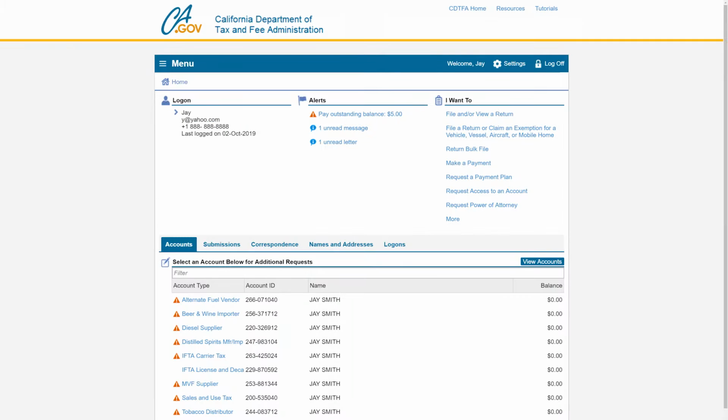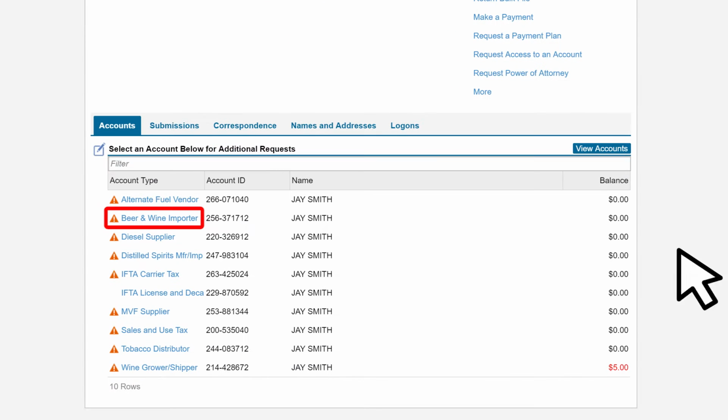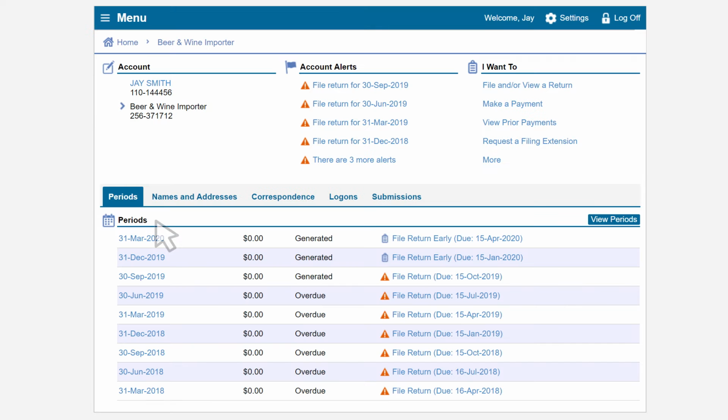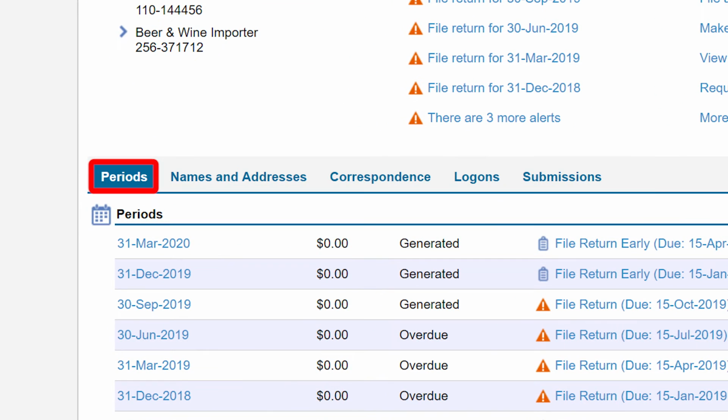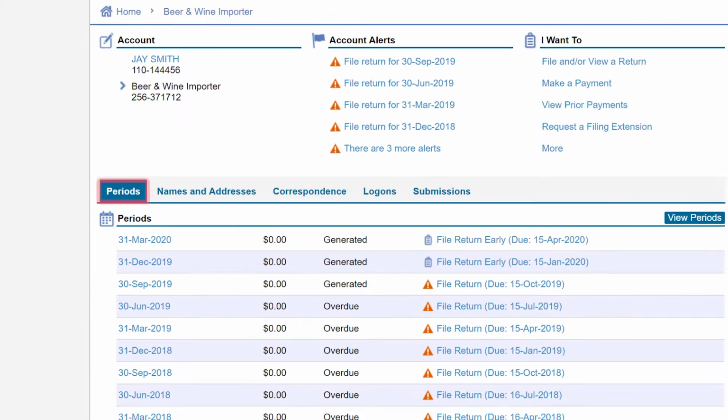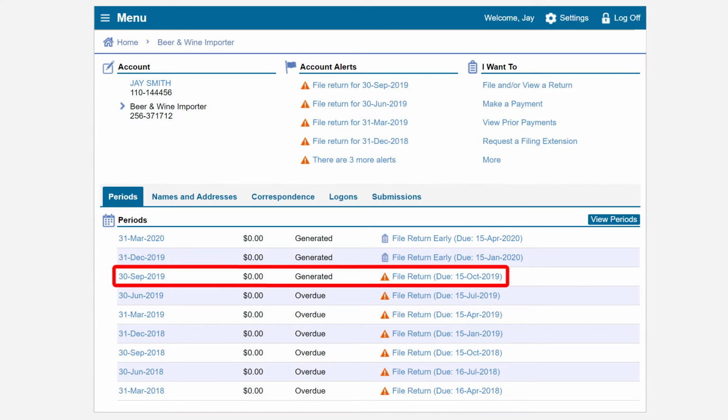On the Online Services Profile page under the Accounts tab, we will click on the Beer and Wine Importer hyperlink. This will take us to the Beer and Wine Importer account page. Under the Periods tab, click on the return period for which you would like to file. In our example, we will file for the third quarter 2019 period, which is displayed by its return end date